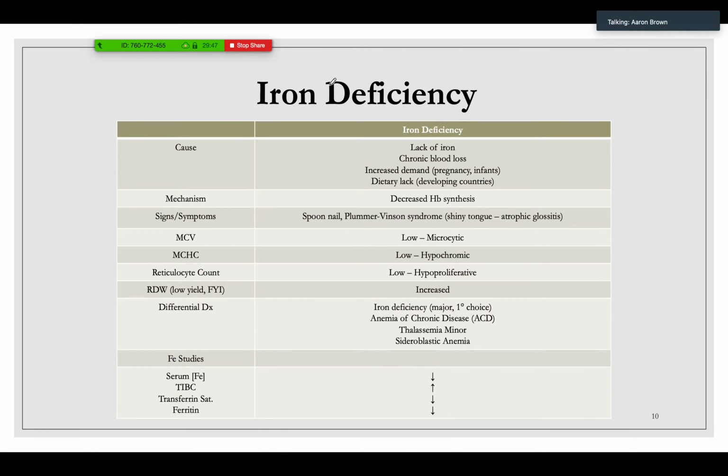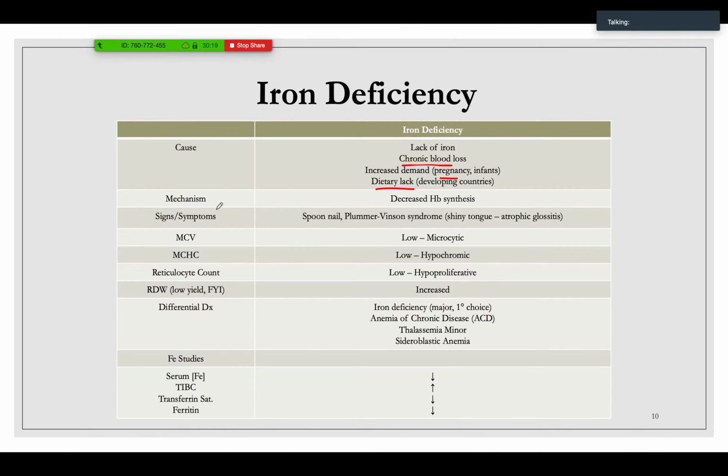And so just to kind of review our iron deficiency anemia, it's caused by a lack of iron. It could be due to chronic blood loss. It could be an increased demand. And so in your pregnant patients, they have more blood volume. However, their hemoglobin does not increase as much as their demand. Dietary lack of iron, especially in developing countries. In the US, we fortify some things like salt with iron, and some other foods are fortified with iron. So you get plenty of iron in the US, but in some countries, it's still a struggle to try and get